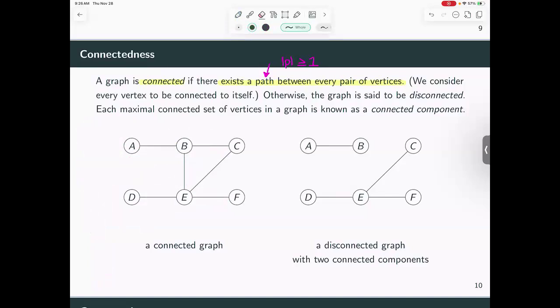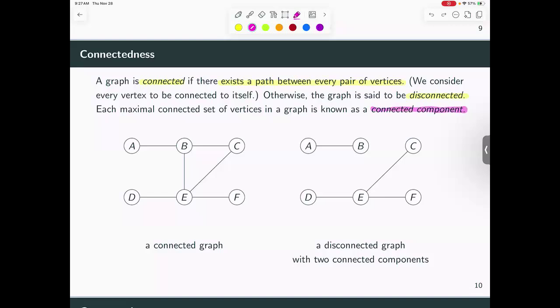Okay, now on the other side of this, we are potentially disconnected. So a graph can be disconnected, and a disconnected graph is just not this statement, right? There does not exist a path between every pair of vertices. Now that doesn't mean that we have to have a single lone node. It just means that every pair of vertices can't be connected. So we can get from A to B here, but we can't get from A to C. So as soon as we find a pair of vertices that we can't make a path for, we know we're disconnected. So we can already stop looking. We know that we're disconnected. Now,